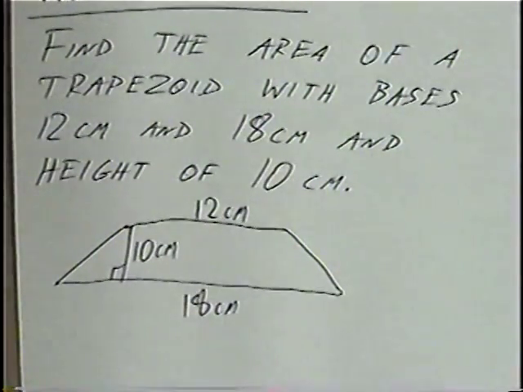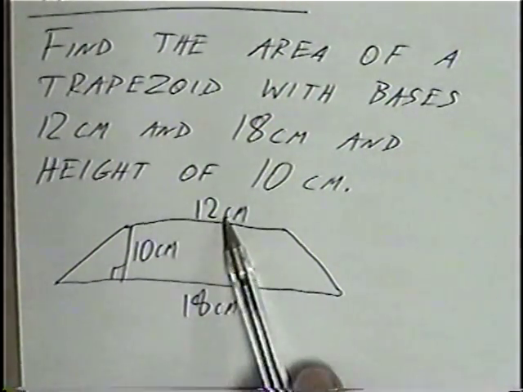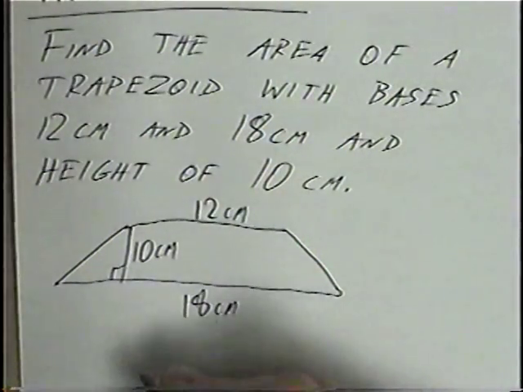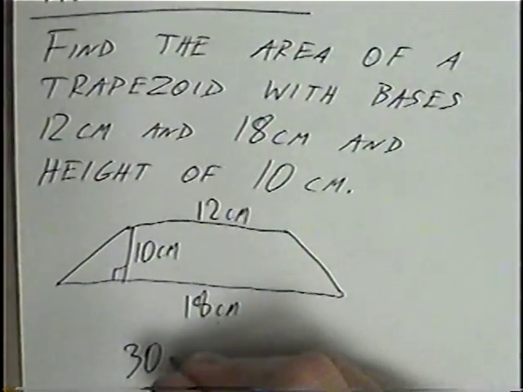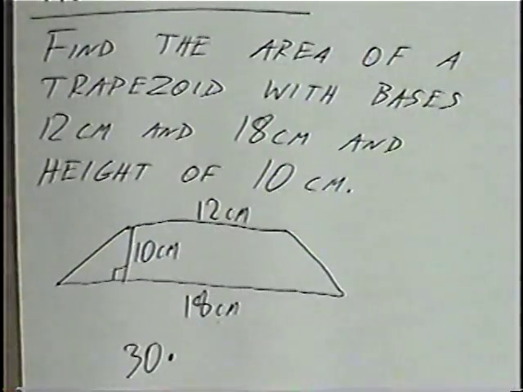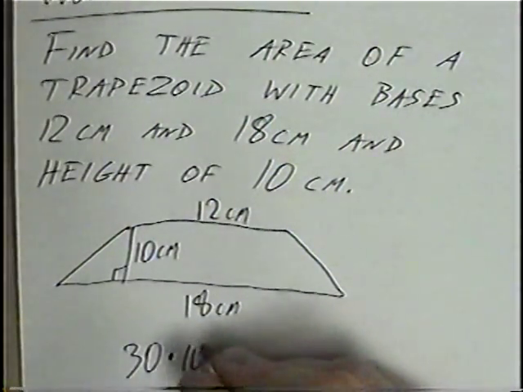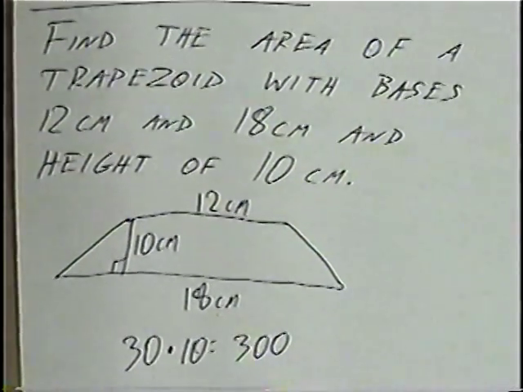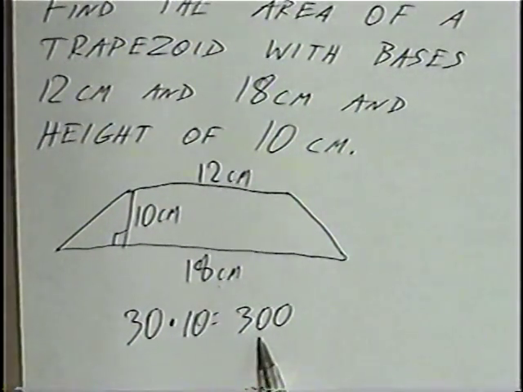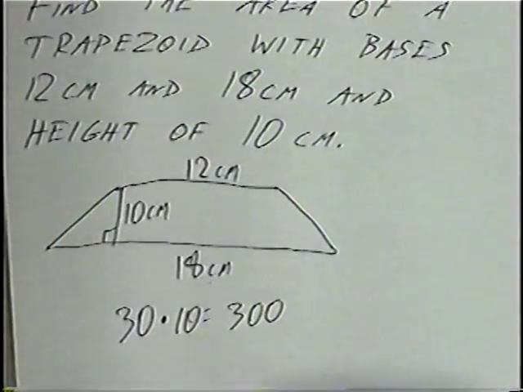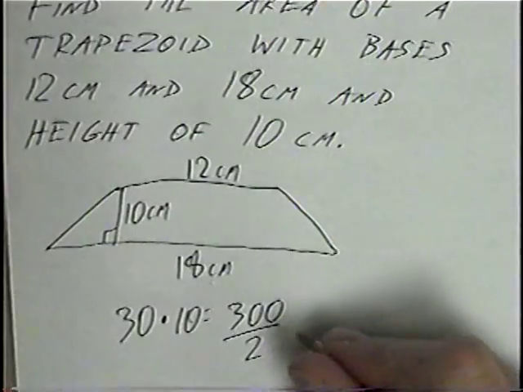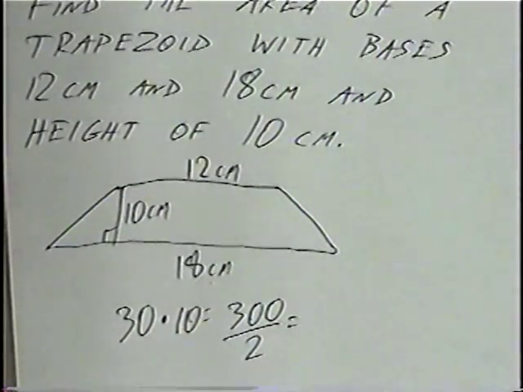Solving from here, the formula again, you can first add the two bases together. 12 plus 18 would be 30. And multiplying by the height, which is 10, would give us 300. And the last part for trapezoids, after you add the bases and multiply by the height, multiply by 1/2, which is the same as dividing by 2. 300 divided by 2